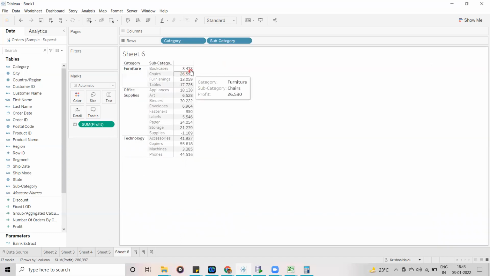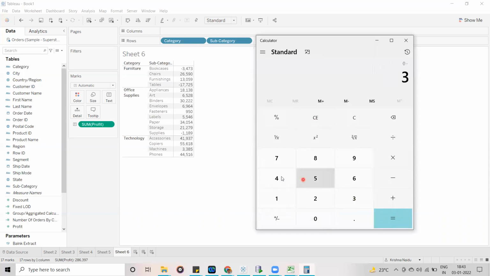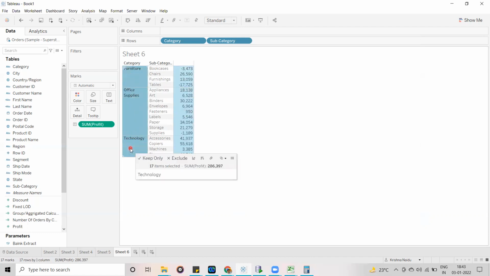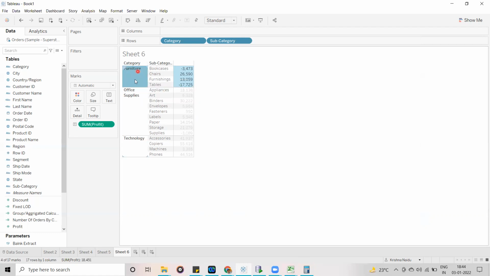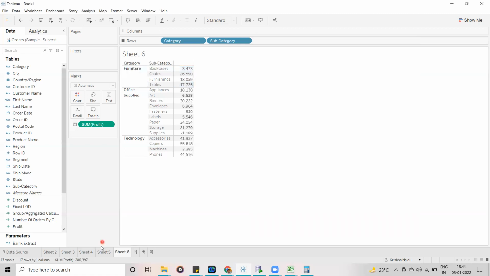What he requires is minus 3,473 divided by the total furniture profit. What is the total furniture profit? It is 18,451. You can see 18,451 in the tooltip. Percentage generally means relative to the total profit. But the customer requirement is to take the total of the furniture category only, then calculate the subcategory-wise profit percentage. So here, minus 3,473 divided by 18,451 gives minus 0.18%. We want to display that value in the bar graph.